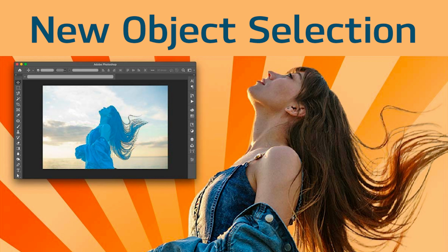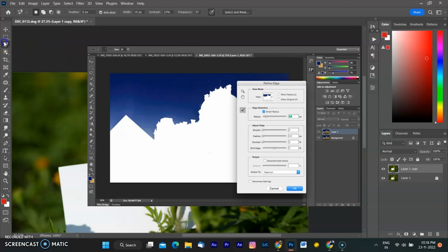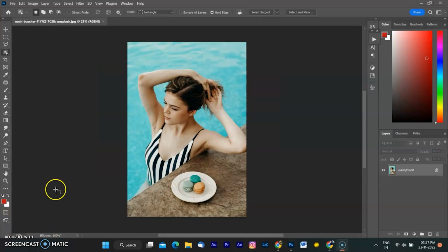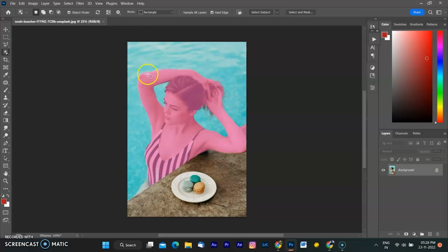Now come to the improved selection. The Object Selection tool got even better at detecting and making selections, like the sky, water, natural grounds, plants or architecture. Just hover over the object and click to make the selection. I am opening a new image with the multiple objects. Selecting the Object Selection tool, you can see Object Finder detecting the selections. As I hover the mouse on any object, a color overlay shows the selected area, and each object was selected in the full details. Either it is a small object or a bigger object. It creates high quality cutout with the detailed edges.